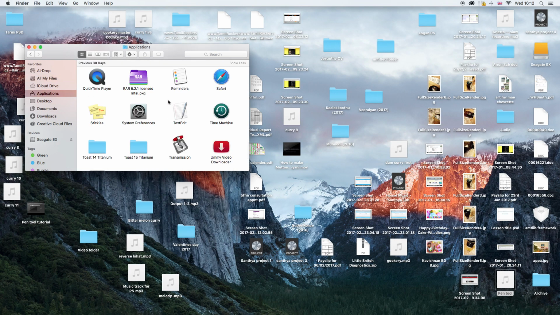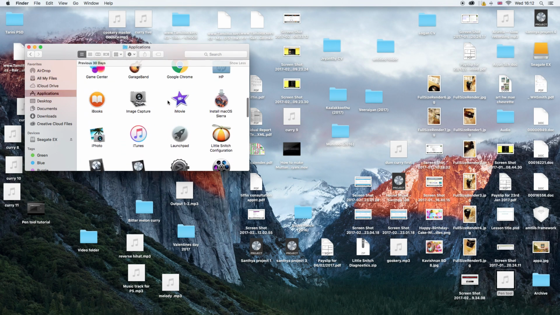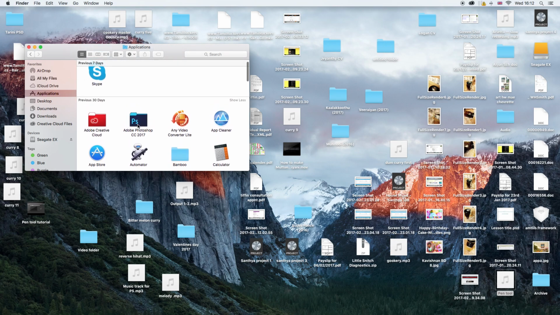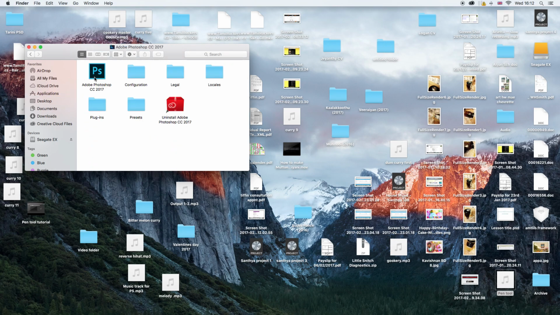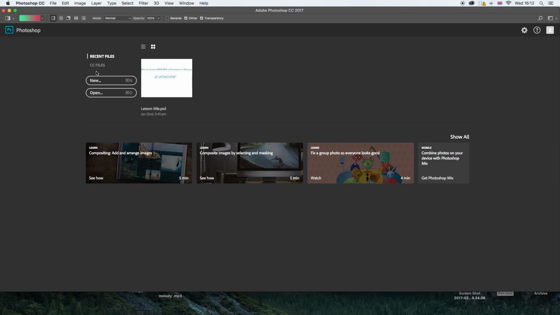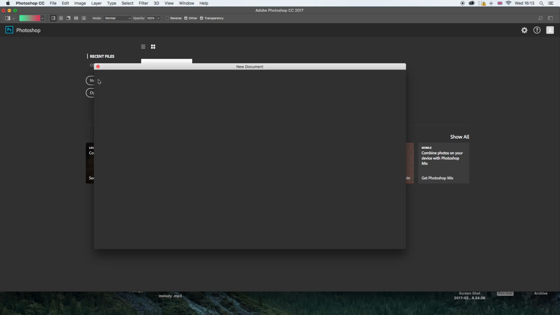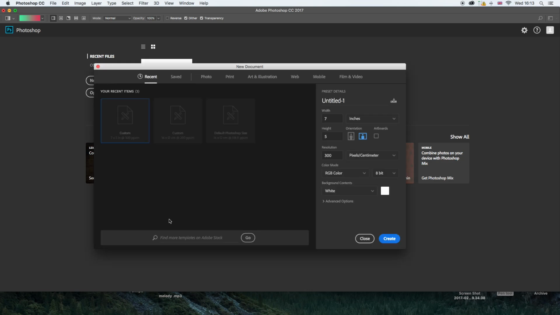Open the application folder, then check where my Photoshop is. Yes, now come to Adobe Photoshop CC 2017. Double click on that. As soon as I double click on that, it will open the new document screen. So click on the new. Once you click on the new,